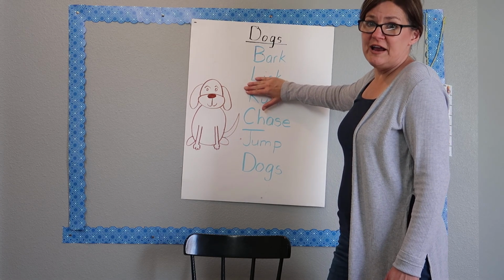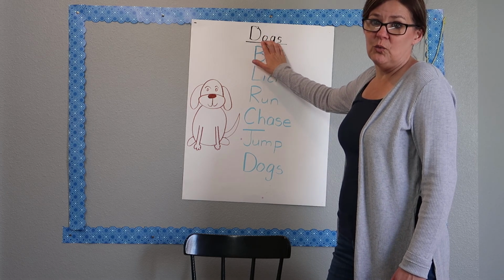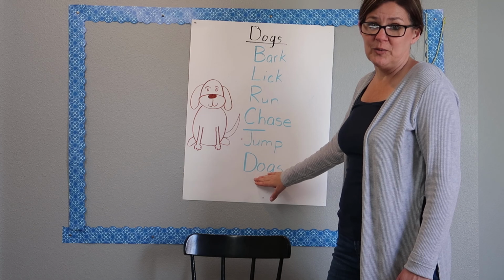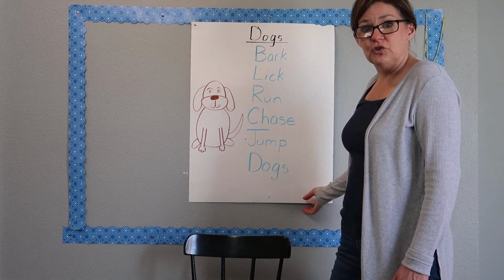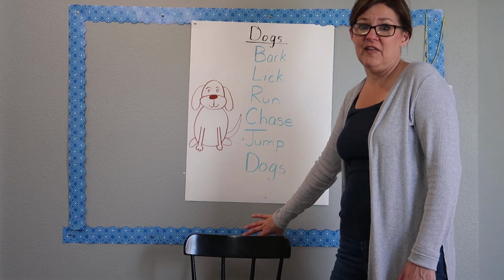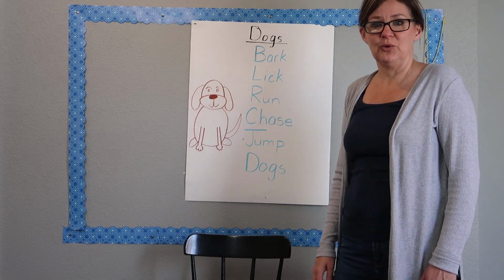And then you're going to write 5 words that describe or go along with your topic. And at the end, you're going to repeat that topic one more time. So boys and girls, you can do that in your journals. You can write this in the blank part if you want. You can write it on the lines, however you would like. And then you can draw a little picture to go with it.